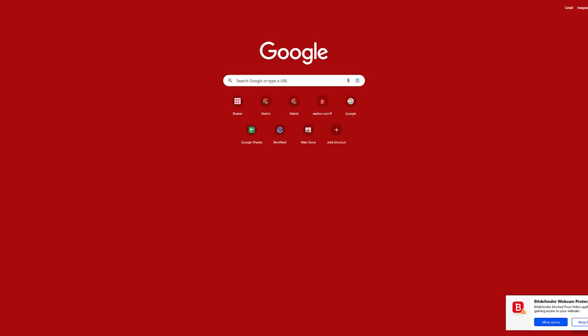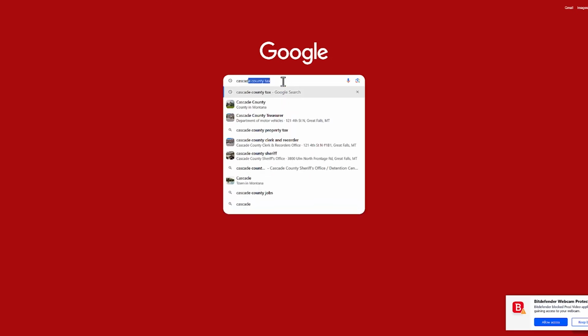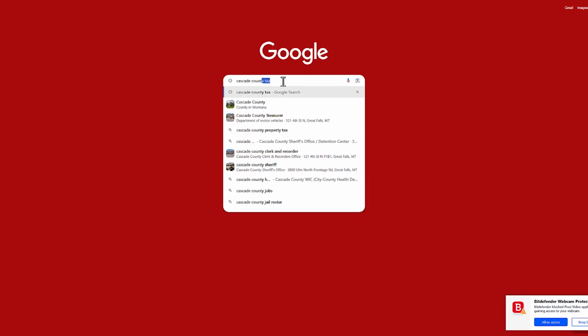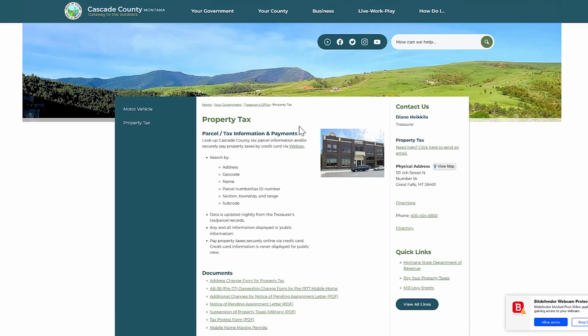I'm actually going to go to both just to show you real fast, but I honestly prefer the property tax one, because I think you're going to need your property tax information from 2022 as well as the geocode. And most of us don't have our property tax payment for 2022 off the top of our head. So to do either of them, I live in Cascade County, as many of you watching this probably do. Google property tax, Cascade County, Montana. You click on this web tax,